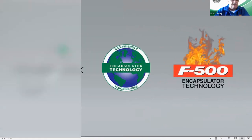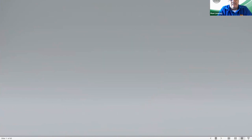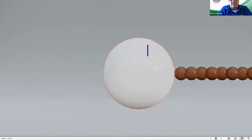So we have an animation here that's going to go over what an encapsulator agent is and what happens when it mixes with water. Encapsulator Technology, the next generation of fire and hazard mitigation. First, we start with a simplified version of a single encapsulator agent molecule consisting of a hydrophilic polar head